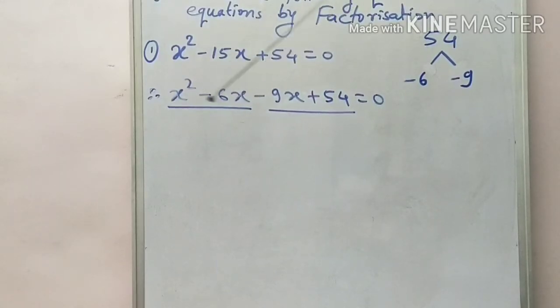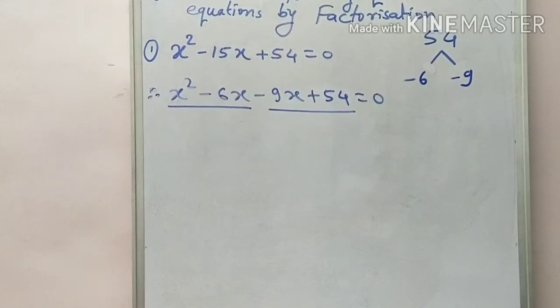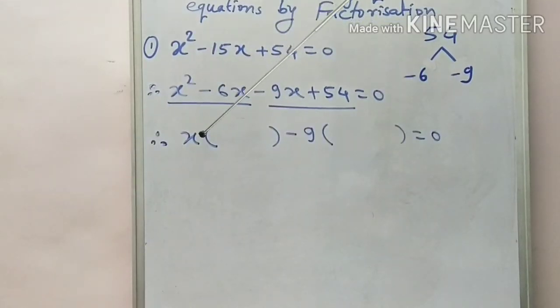So in this first group, what we notice here is that variable x is common in both terms. So here we are taking that x variable as common, and then we write down the remaining terms in bracket. Then in the next group, a minus sign is there, so we keep that minus as it is. Here the variable is not common in both, but in the coefficient and constant, 9 is common, so we are taking 9 as common, and here we write down the remaining terms in bracket.